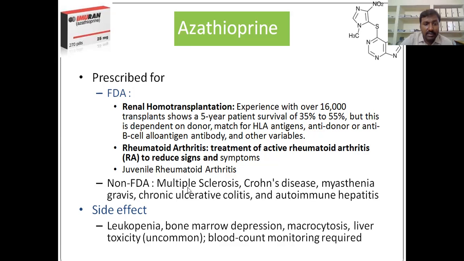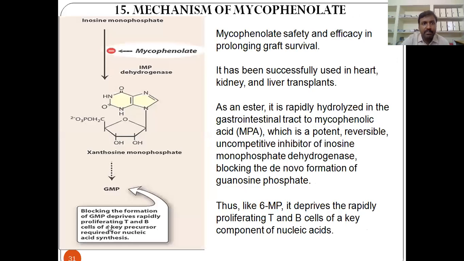Non-FDA uses include multiple sclerosis, Crohn's disease, myasthenia gravis, ulcerative colitis, and autoimmune hepatitis. The side effects of these drugs are leukopenia, bone marrow depression, macrocytosis, liver toxicity, and blood count monitoring is required. This is required with all immunosuppressant drugs. Next drug is